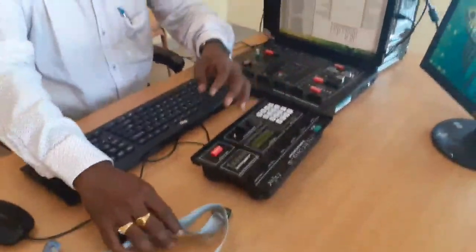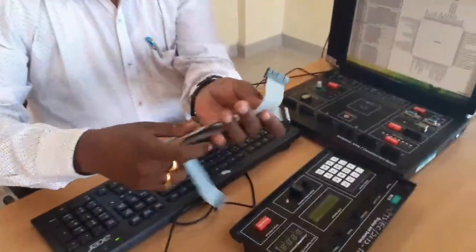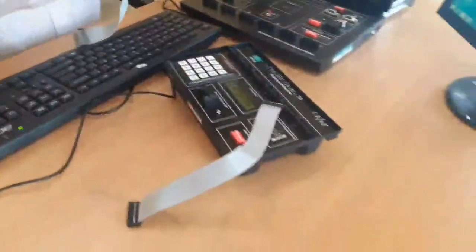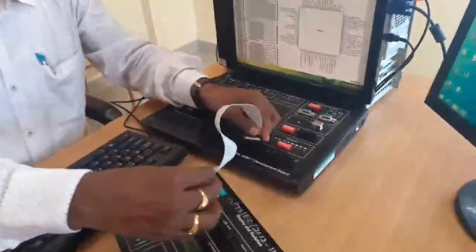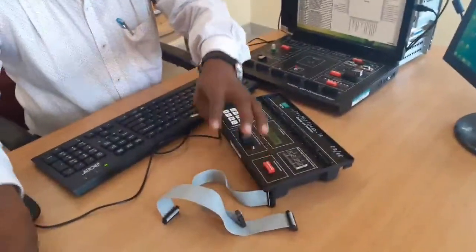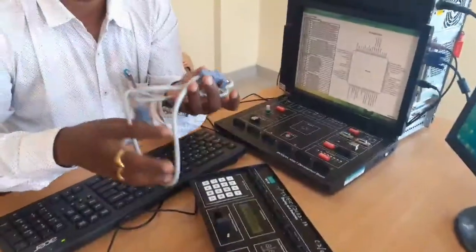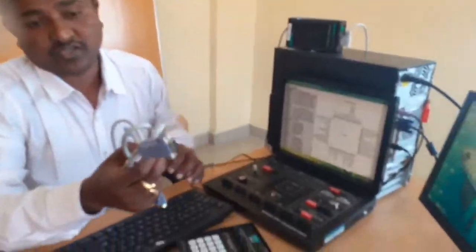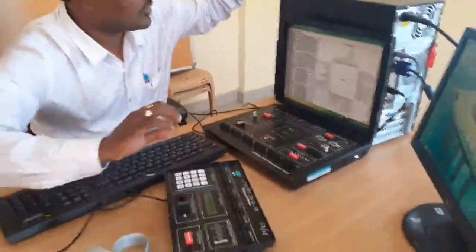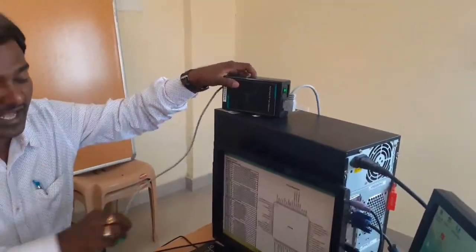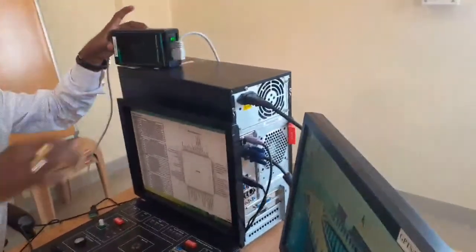Next, we are using these 20 pin FRC cables, flat ribbon cables, for connection between the ARM port sockets and the display and switch MC10 sockets. These are the two FRC cables. And one RS-232 communication cable, which is used for downloading the hex code from the CPU to the ARM kit. Then we are using one power supply, the NV5004A power supply to the ARM board kit, and the other end is 230 V AC.